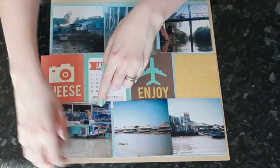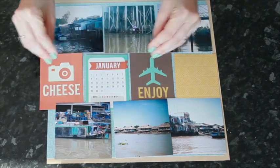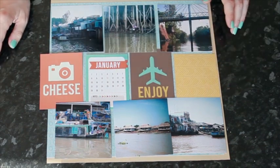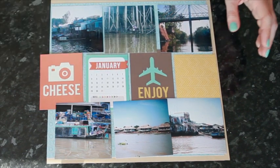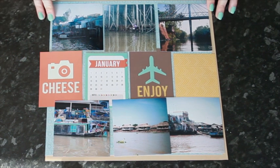And that should still follow the sketch, even though I've taken the little photos out of this section, because I still have this card devoted to journaling. And instead of having the smaller photos here, I've gone for larger motifs that repeat throughout my album. So I'll go ahead and start getting those pieces in place, and then I'll go to the other side of